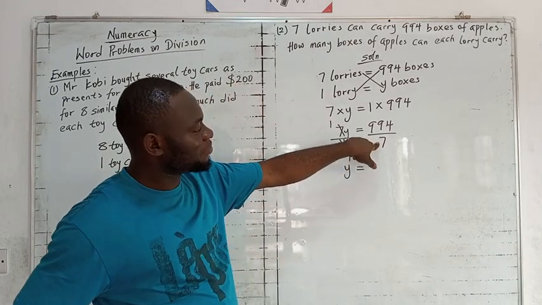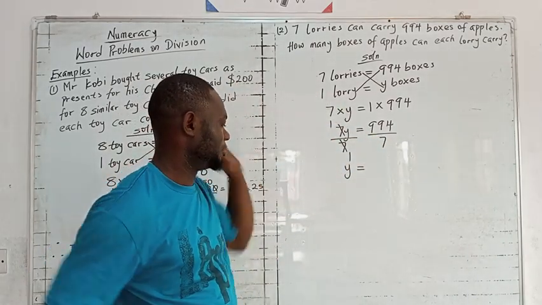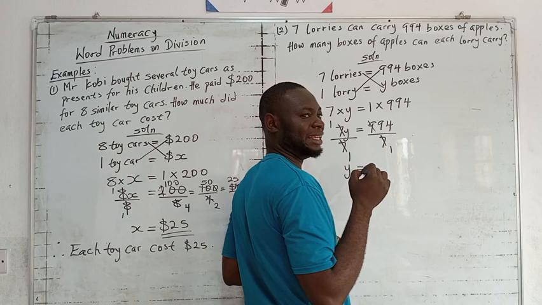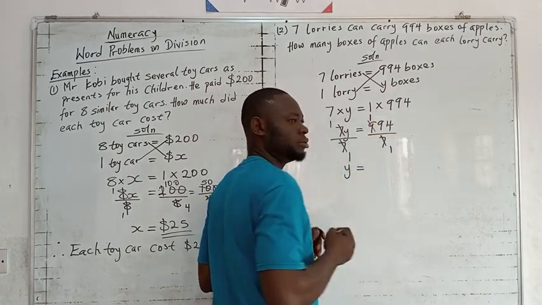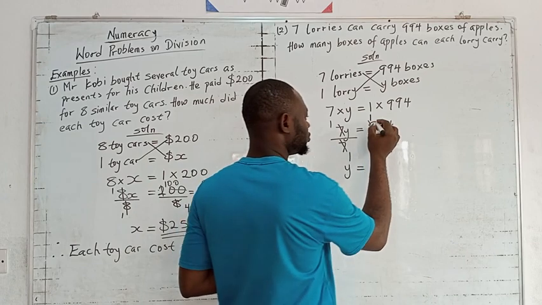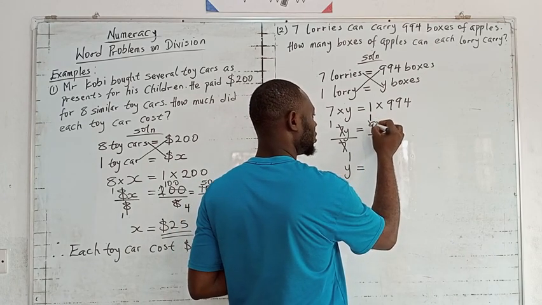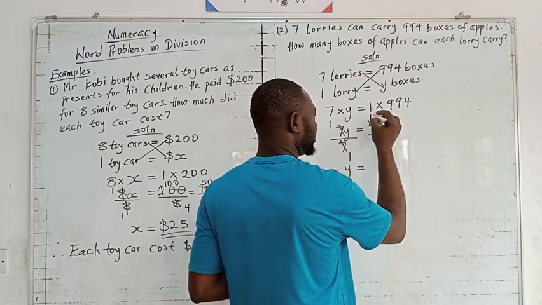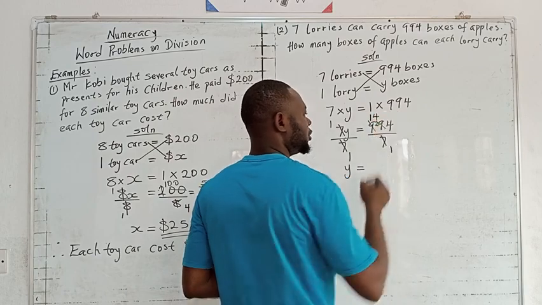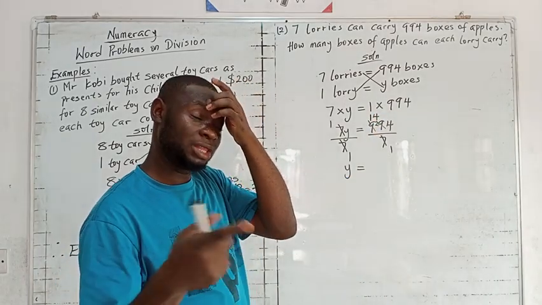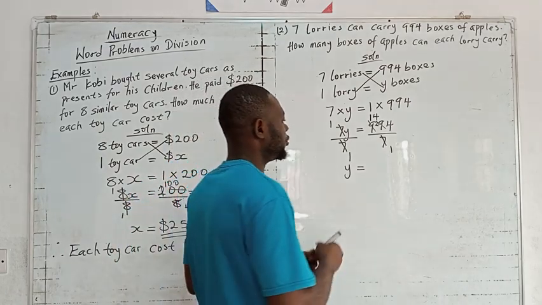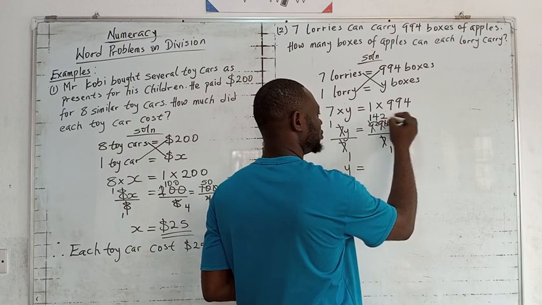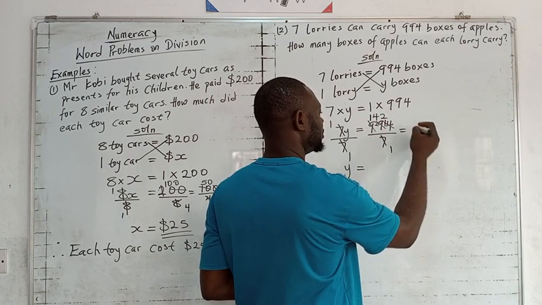Rule of divisibility by 7, trial and error method. But let's use short division. 7 here, 1. 7 into 9 is what? 1. Remainder 2. You put that 2 in here, it becomes what? 29. 7 into 29, 4. Remainder 1. Remember, 7 times 4, 28. So we have 4, remainder 1. We put that remainder here, it becomes 14. 7 into 14, 2. Meaning that 994 divided by 7 is